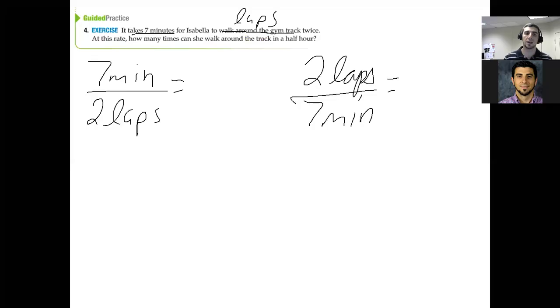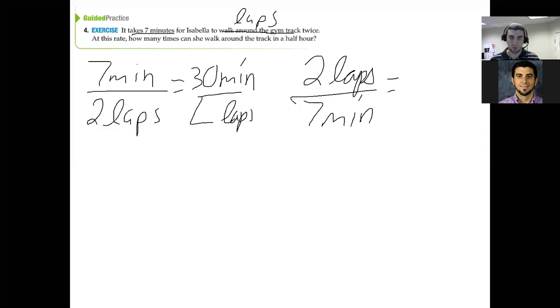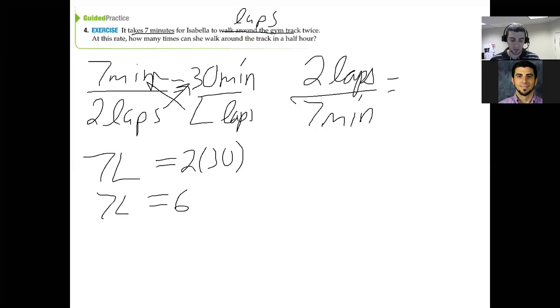So at this rate, how many times can she walk around the track in half an hour? What's half an hour? Since our units are minutes, how many minutes is that? It's 30 minutes. So I know that it's going to be 30 minutes over, do I know the number of laps? No, so I'm going to use capital L for laps. Then you would take the cross product here. So 7L equals 2 times 30. 7L equals 60. Divide both sides by 7, and you get L equals